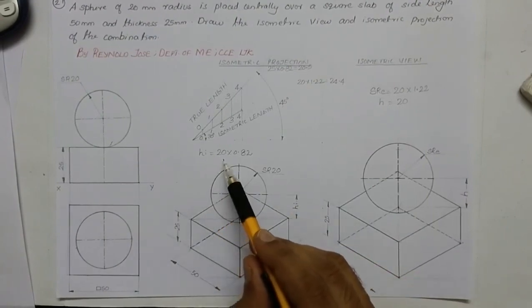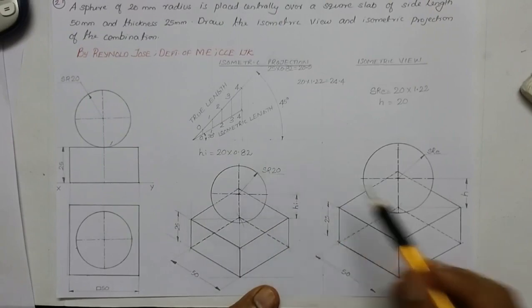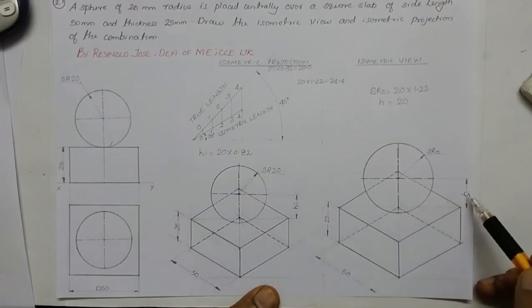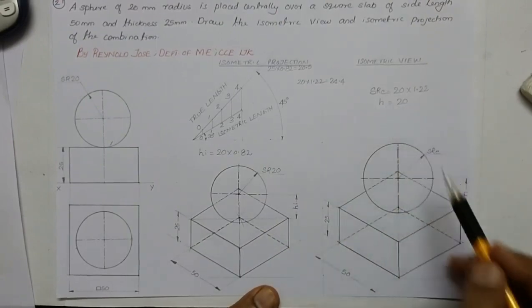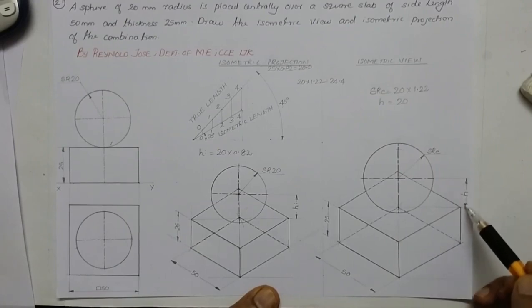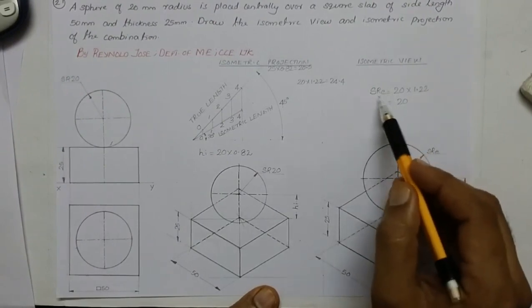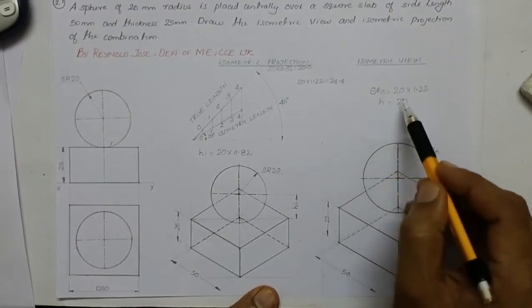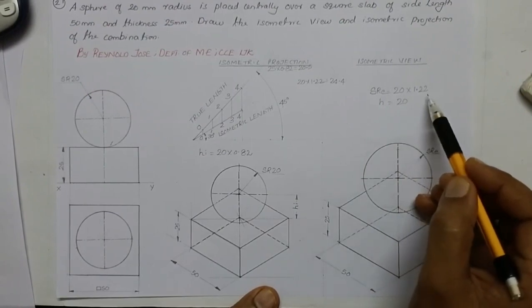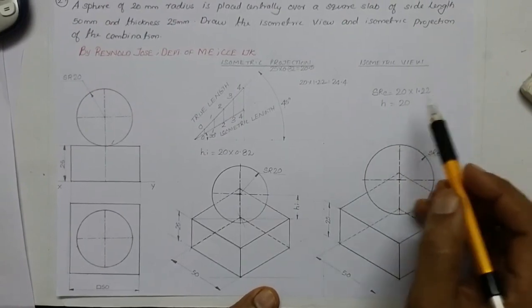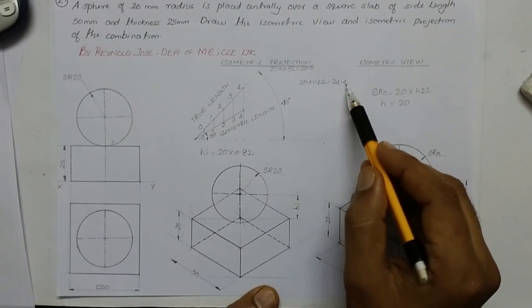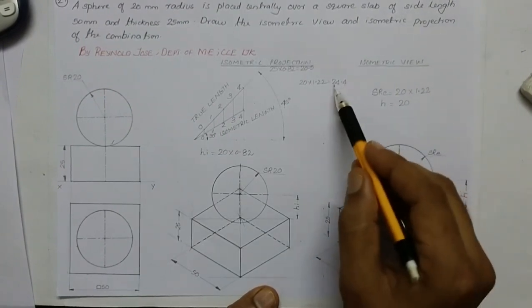HI is equal to 20 into 0.82. Whereas here I am writing it as H. H is equal to 20 itself, because here we don't have a length reduction for the axis, but the spherical radius is extended. So that is why it is written as SRE. SRE is equal to 20 into 1.22. So 20 into 1.22, it is approximately 24.4. We have taken it as 24.5.